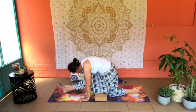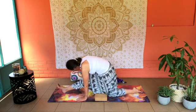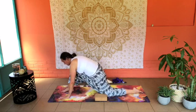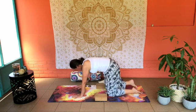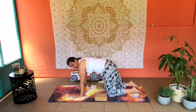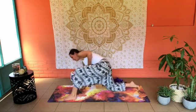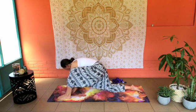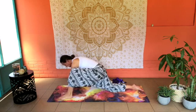moving into the last seconds. Slowly roll forward, bring your hands to the front of the mat, step your knee back, take a moment in your tabletop pose. We're getting ready to go into the other side now, so stepping the left foot to the front of the mat. The hands are towards the right hand side of the mat, so just adjusting yourself here,